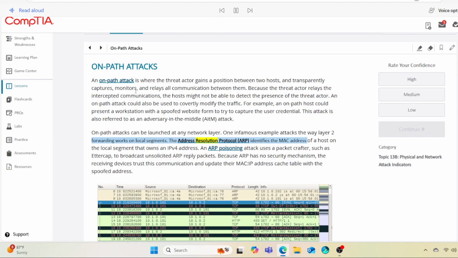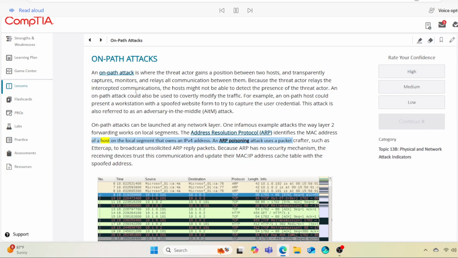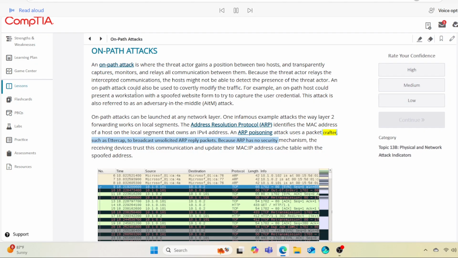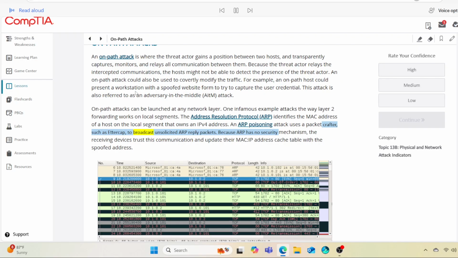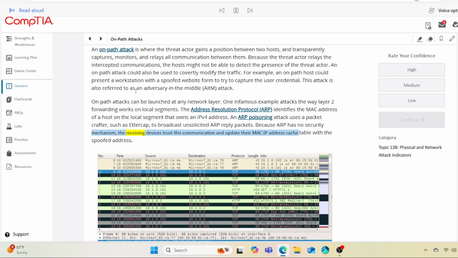The Address Resolution Protocol, ARP, identifies the MAC address of a host on the local segment that owns an IPv4 address. An ARP poisoning attack uses a packet crafter, such as Ettercap, to broadcast unsolicited ARP reply packets. Because ARP has no security mechanism, the receiving devices trust this communication and update their MAC, IP address cache table